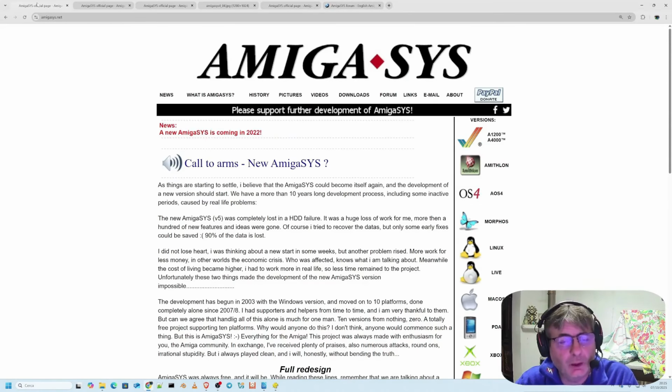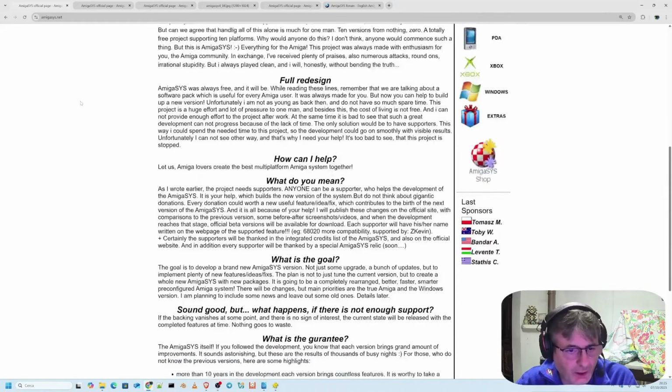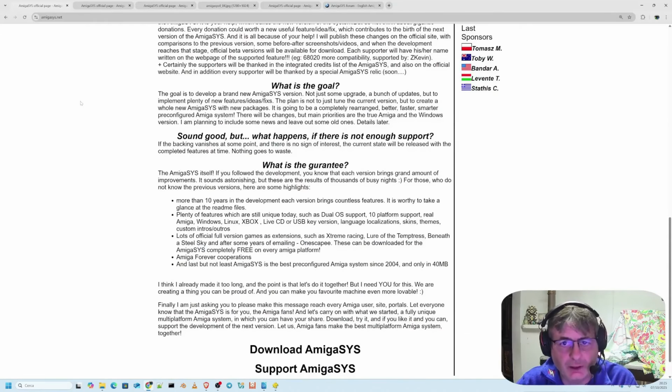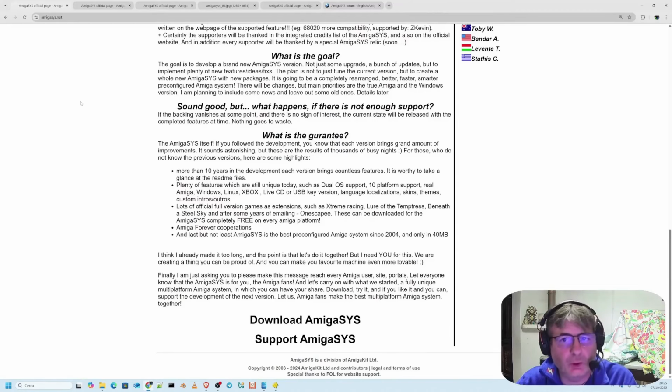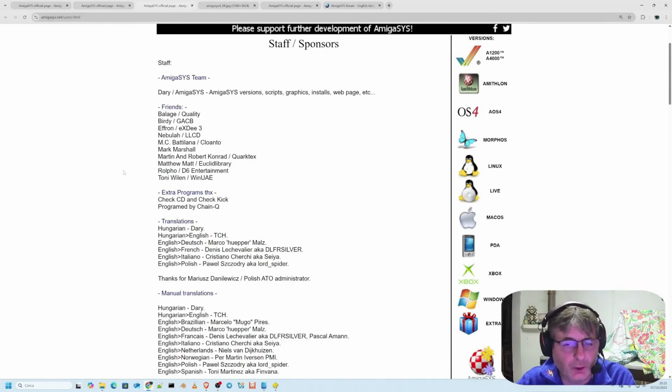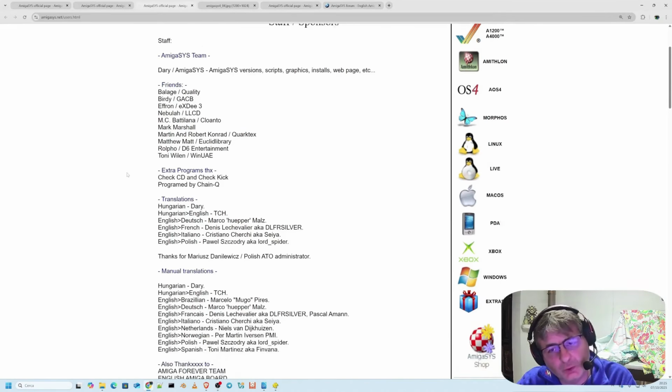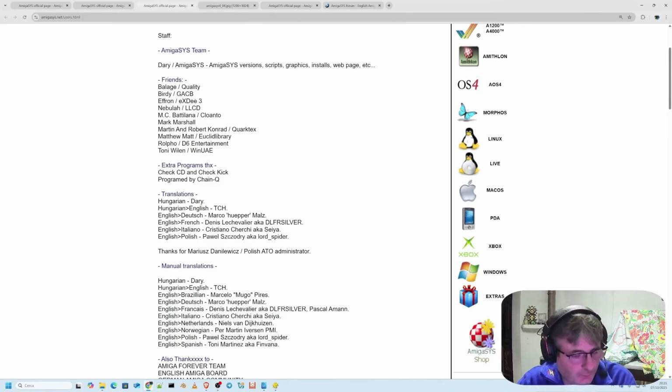Of course, you could compare it with other projects. Oh, I was just reading here. Well, I lost track of them for a moment, but I'll find them again. Projects like Classic Workbench or Coffin OS, which have taken similar paths, but Amiga Sys was undoubtedly one of the first and most widespread. I'd like to point out that Amiga Sys isn't exactly a new operating system, but rather a pre-configured Amiga OS 3.x environment, which also includes 4, of course, that made the Amiga experience much more accessible to enthusiasts and to those using real hardware.